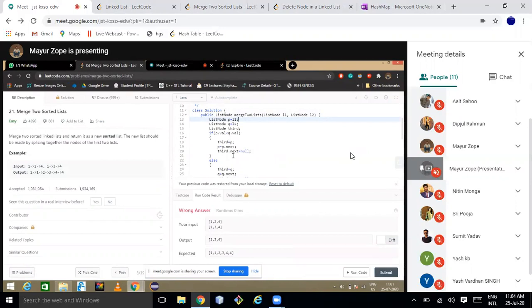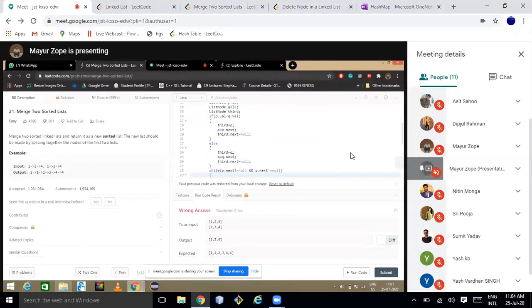Okay, you are keeping it as a separate one. That's fine. Then third is Q next. While P.next is not equal to null and Q.next is not equal to null, that's fine. P.val less than, third.next is equal to P. P equal to P.next, else, yeah, go down, third Q.next, yeah, that's fine.